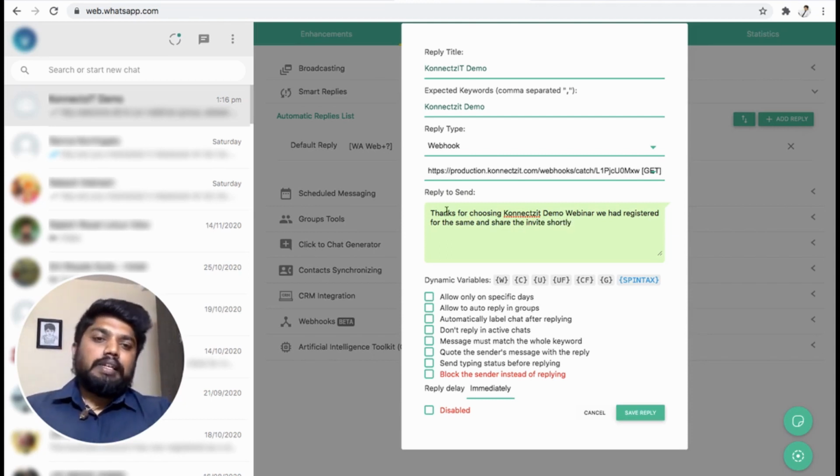So I created a default reply for this keyword. Whenever somebody sends Connexit demo, it triggers the webhook URL.